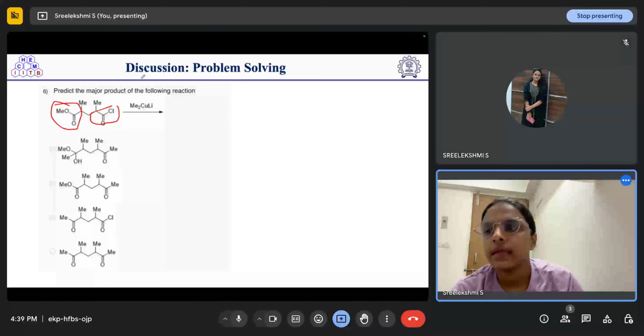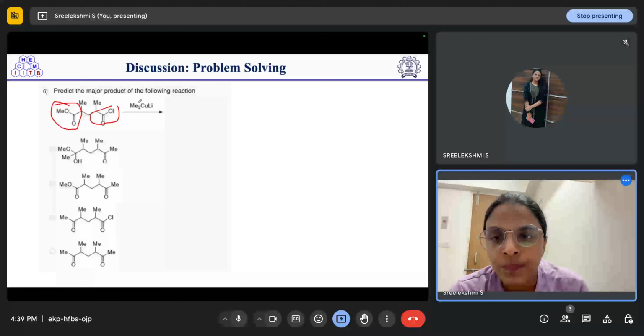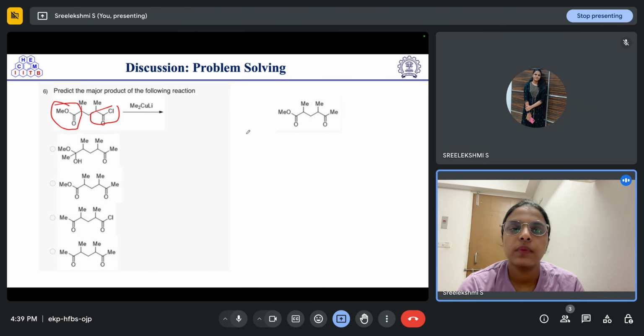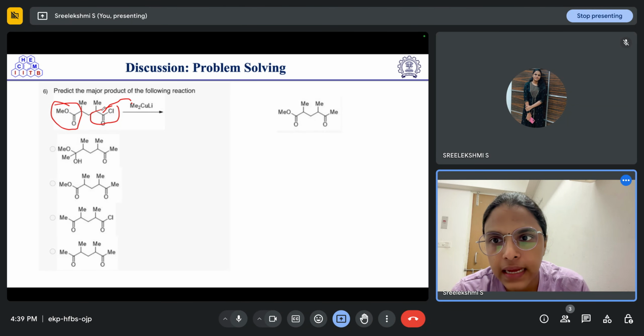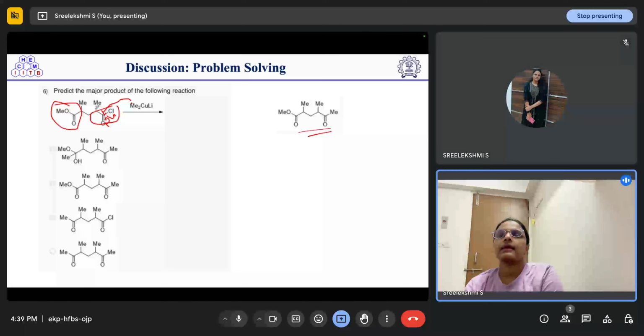So here what is happening is that in the presence of this organocopper reagent, that is the Gilman reagent, it can undergo addition over the acid chloride to form the corresponding ketone. The methyl group from here will be attacking this carbonyl carbon center, and this bond will be shifting to here. Once this bond comes back to here, the Cl minus will be leaving and we will be getting this ketone. So it is not attacking this ester at all, only this acid chloride is reacting with the Gilman